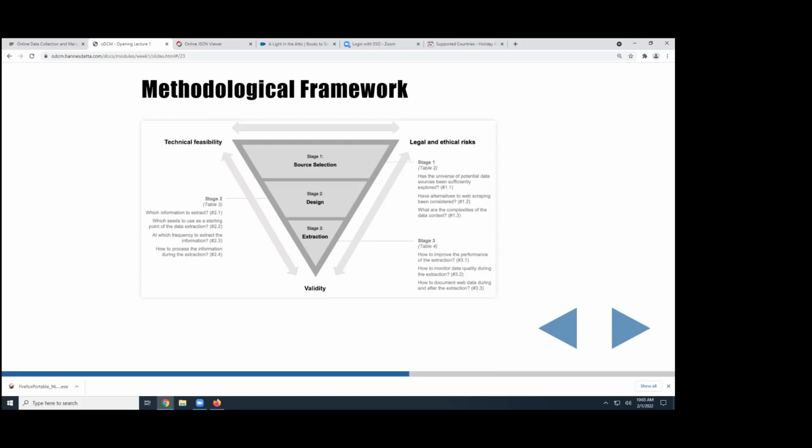The third thing is, at what frequency do you want to capture that information? You just want to do one-on-ones, or do you want it multiple times? How do you schedule it? Do you do it once a day? Do you do it at a particular time of the day, a particular day of the week? Think about it. It's important because the data that you get out of this will be completely different depending on